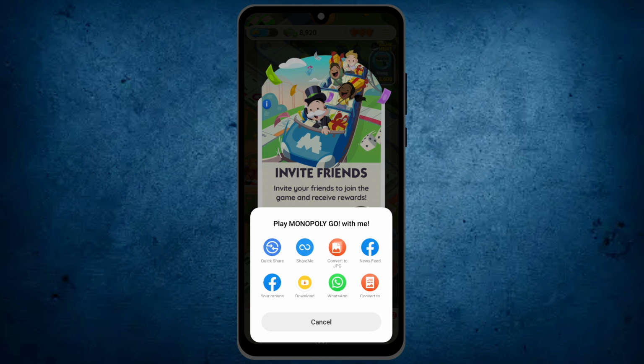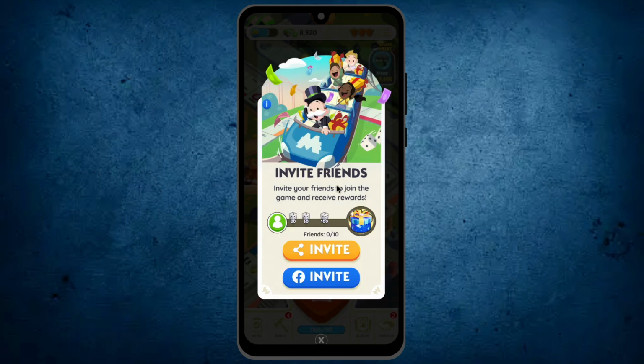Before sending the invitation, make sure they did not install this application before, because if they have, then you will not get any reward. So send the invitation to your friends and family members and ask them to download the application with your link, so then you can get free dices and rewards from